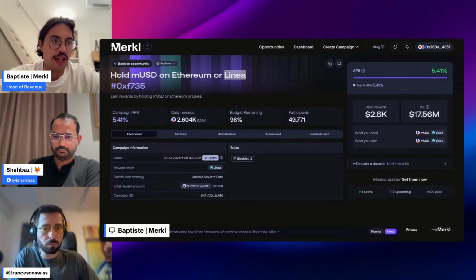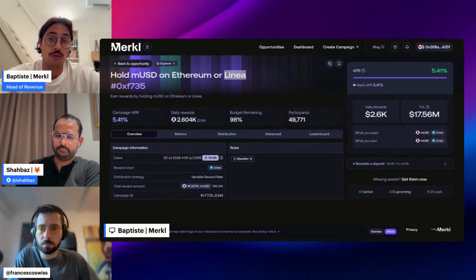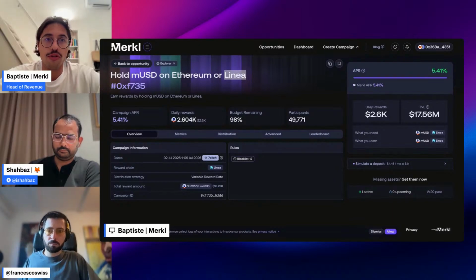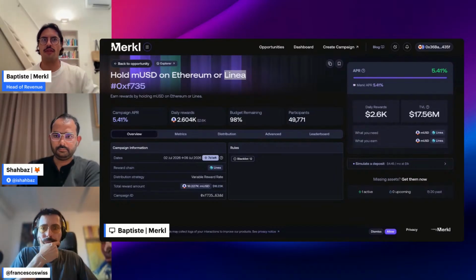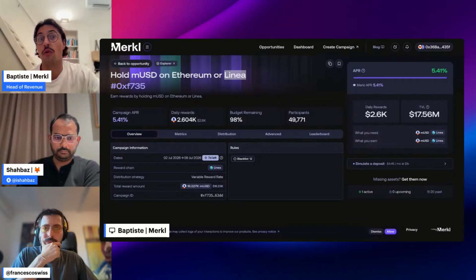It just takes ages. And reward, incentive, and yield distribution is actually quite similar to this RPC issue, where you could build a system from scratch. But if you want a fast time to market, and if you want to super easily test new ideas, Merkle is a very, very convenient tool. We've got teams like Aave and Morpho who literally run 100% of their rewards and incentives through us. The main reason is we have literally thousands of features now, I think, and millions of combinations that you can do with our reward system. So instead of waiting several weeks to test something out, you come to my UI. I could actually show you.